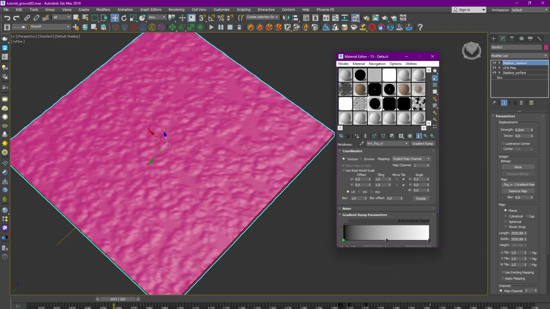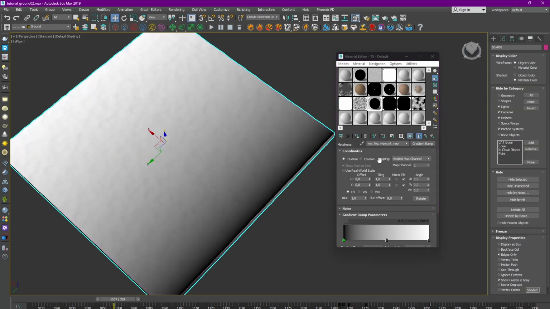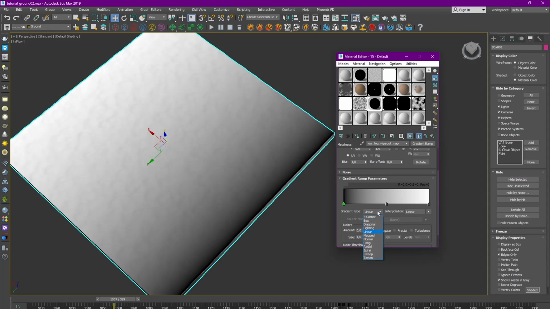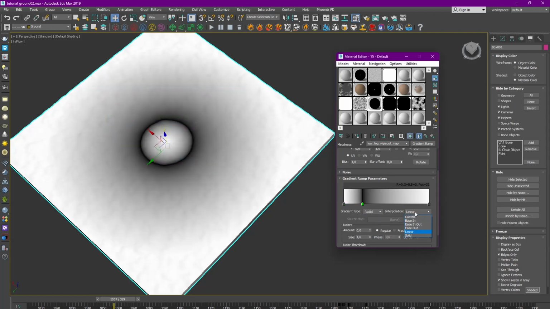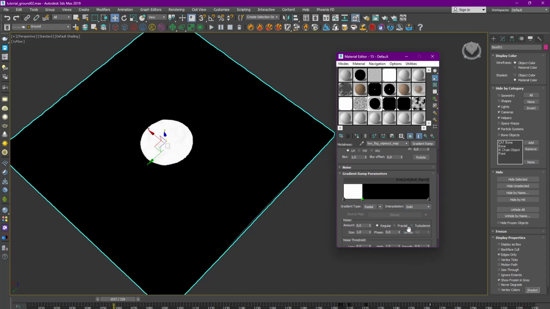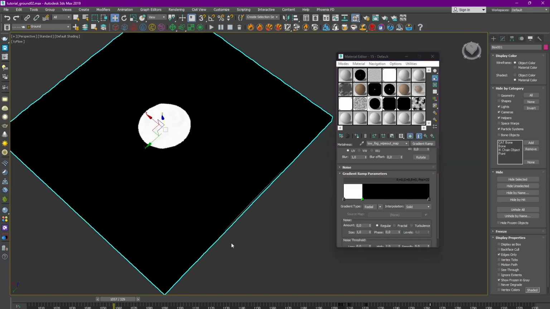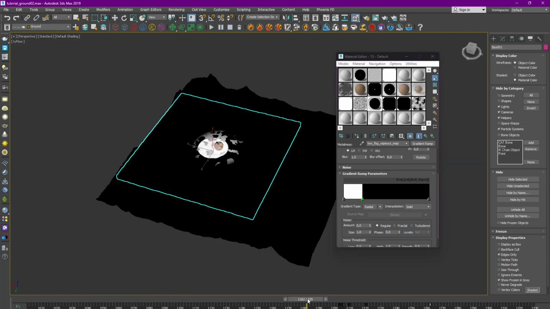Let's give the name to this gradient ramp, low fog wipe out map, and let's change it to radial. So by this map we will kill this object above the ground, so make it radial,